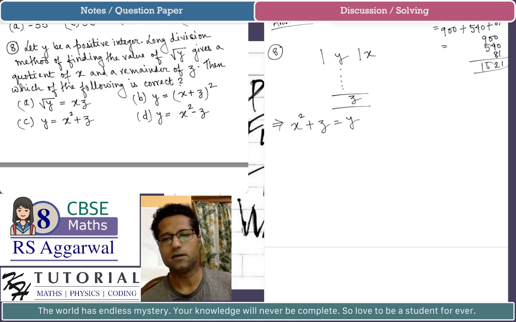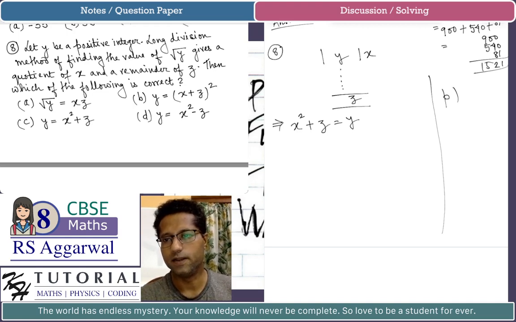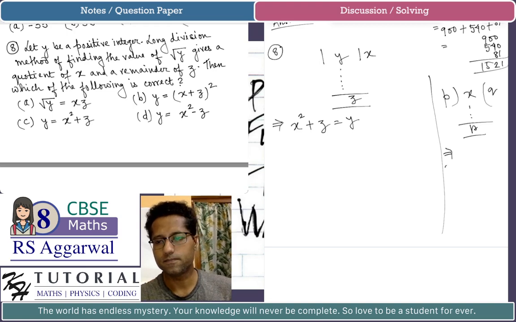Just as a side note, if you are doing a normal simple division, let's say with the divisor p, dividing x, and let's say the quotient is q and the remainder is r, this implies that